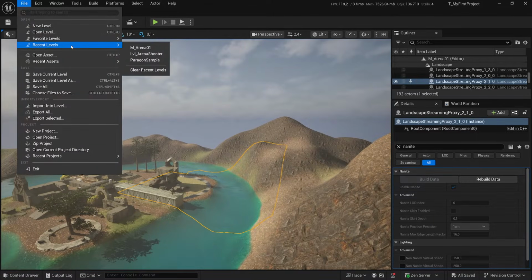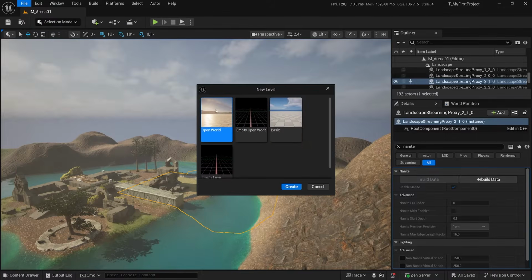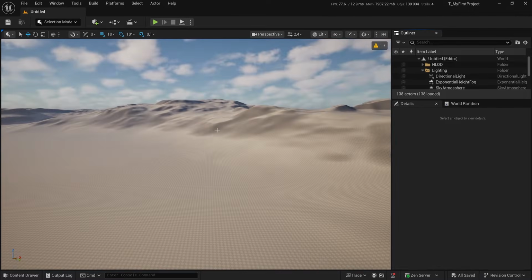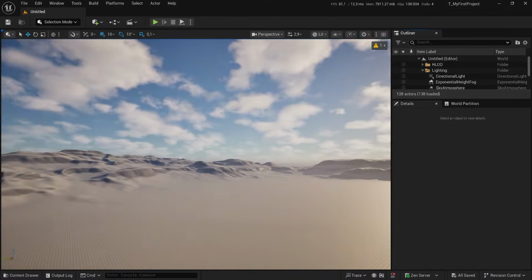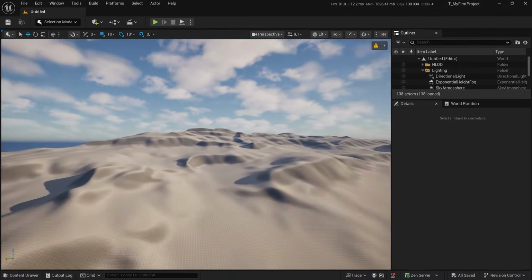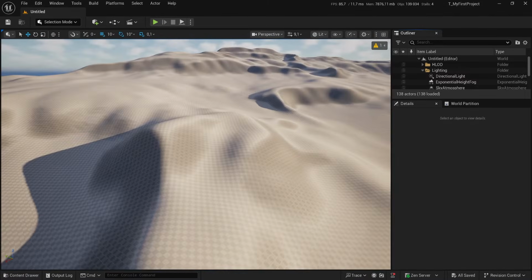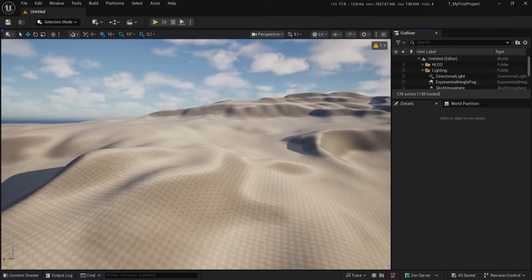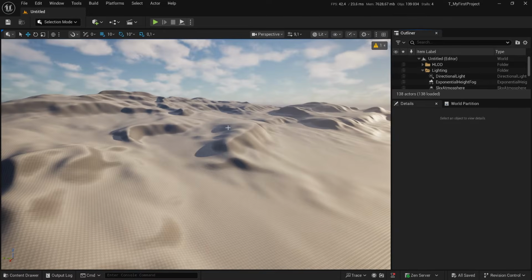For example, take a look. If we create a new level, an open world level, take a look at how these mountains are created. They look nice, right? Well, let's get a little bit closer and you will see that it's not just a bump. It's a bump, but they have refined them a little bit by pushing down certain parts of the landscape,